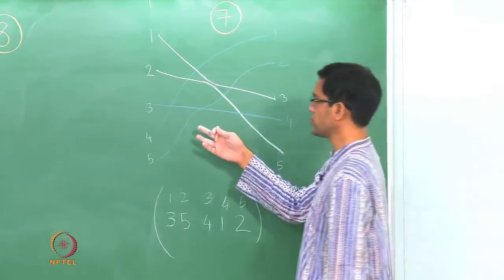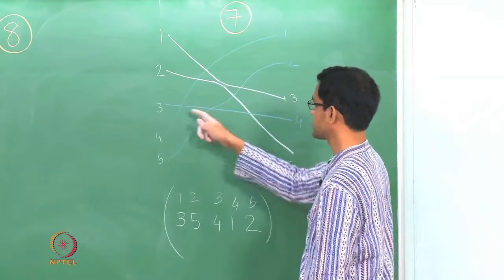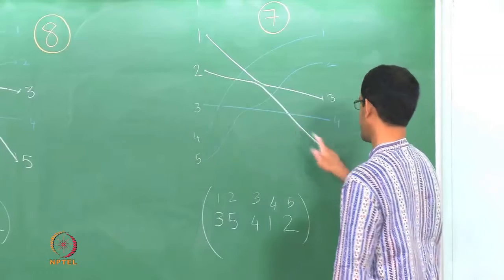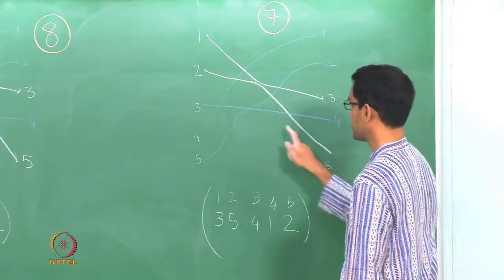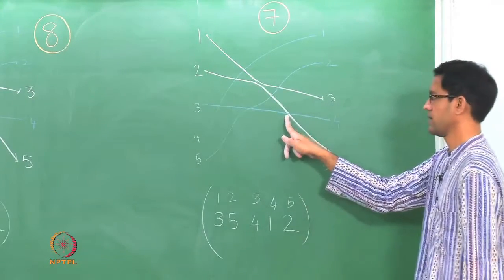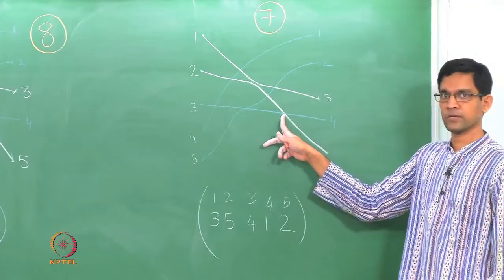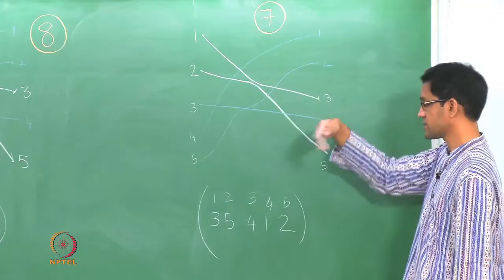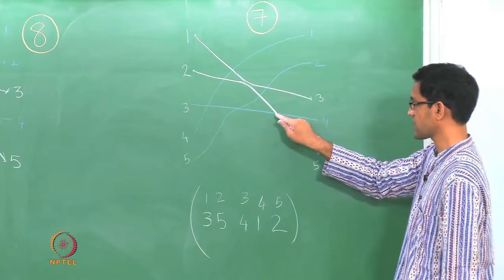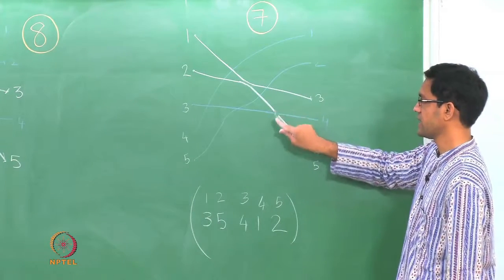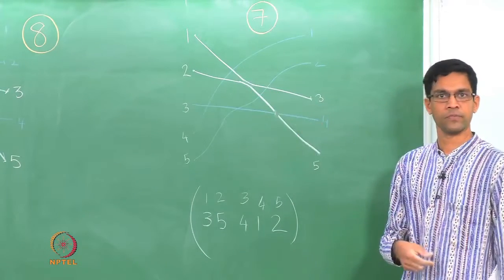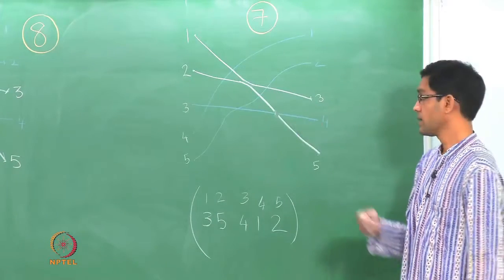So again, what you do in the second step of the sorting algorithm is to look at 2 and 3, for instance, right. So the line which emanates from 2 does in fact cross the line which emanates from 3. So what you want to do in the next step of the sorting algorithm is to resolve this crossing. So at this point you will erase it and make the top line go along the top and the bottom line go along the bottom, right? You would make them non-intersecting and so on.